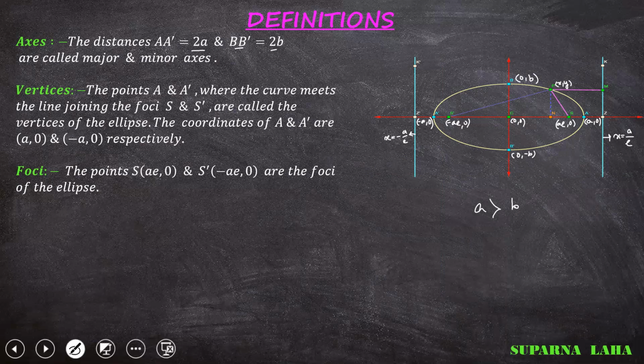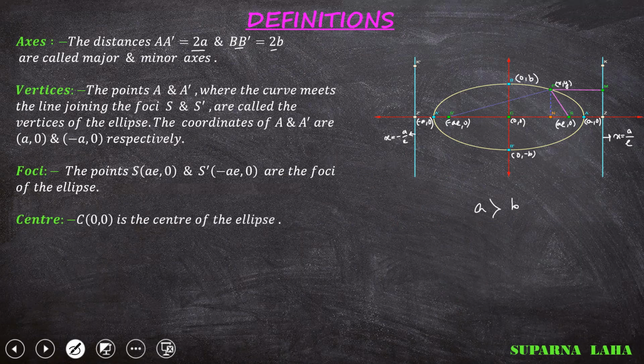If we change the center to alpha comma beta, any arbitrary point, the equation of the ellipse will also change. Here I am taking the center at the origin. So this is the equation: x square by a square plus y square by b square is equal to 1, where the center is at the origin, the major axis is the x-axis and the minor axis is the y-axis. So write down the center.